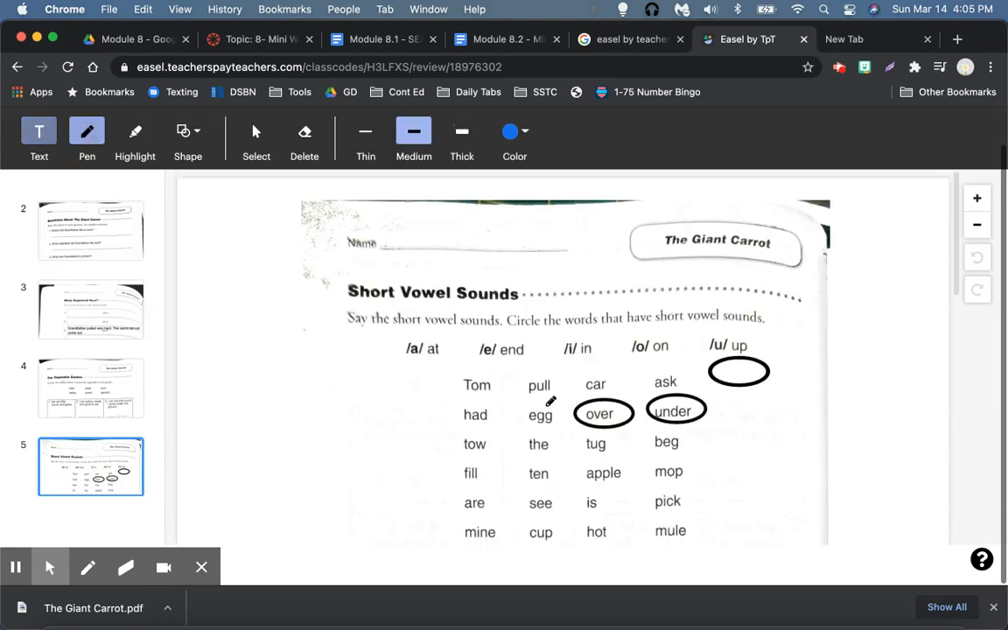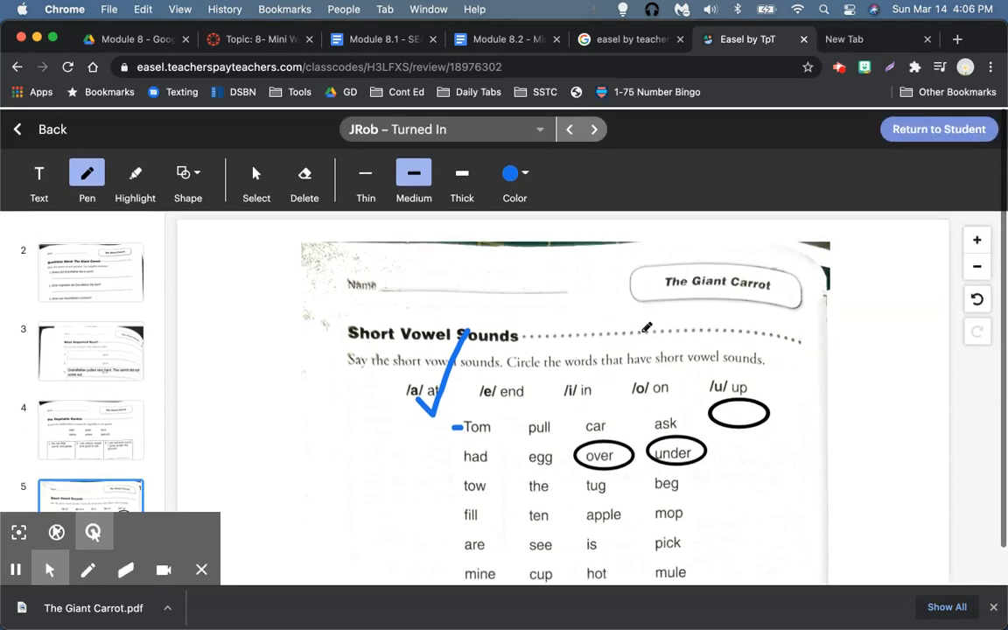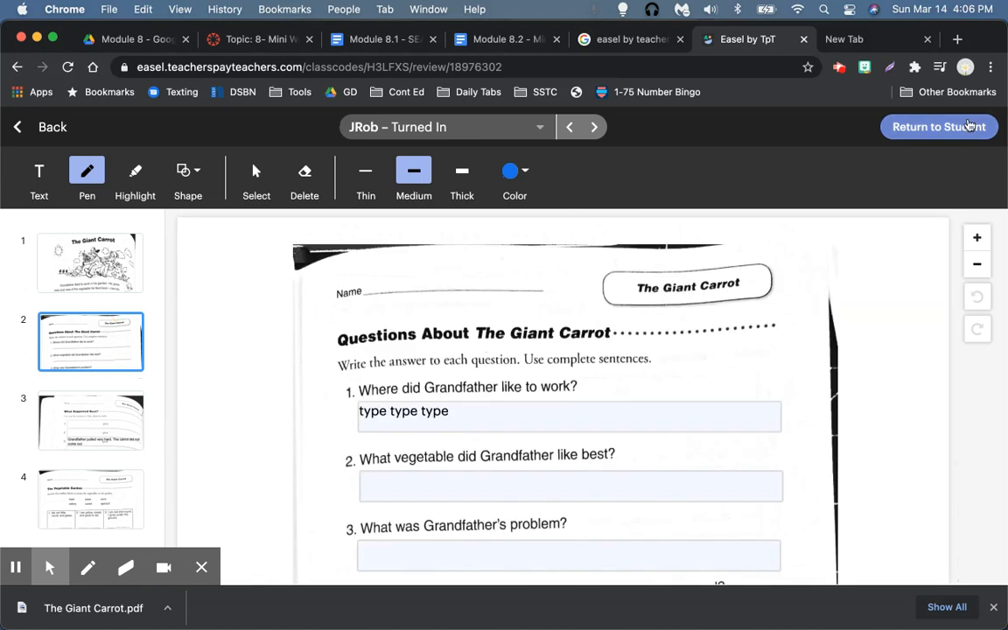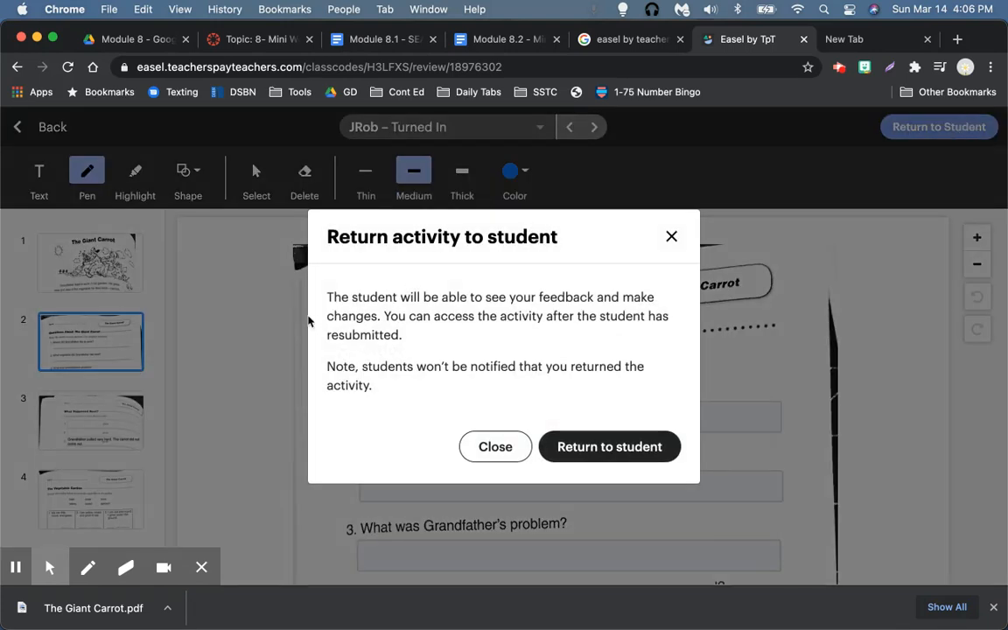I can do little check marks if I want. Well, it's not a very good check mark at all, is it? So I can do that. I can change the color, the thickness, all that kind of thing. And then when I'm done and I'm happy with the way that my feedback looks for that particular student, I can return it to the student. So they're going to be able to see the feedback and make changes and resubmit. So I'm going to return it to the student